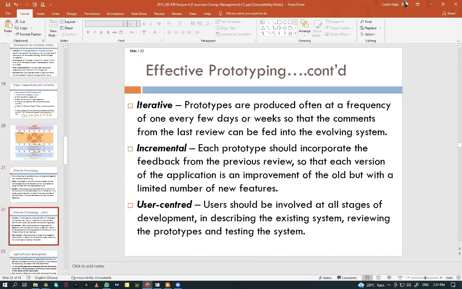All right. Then there must be an iterative stage. That is, prototypes are produced often, at a frequency of every few days or weeks, so that the comments from the last review can be fed into the evolving system. So as time goes on, we need to keep reviewing it, just like I showed you here. We need to keep reviewing until we have a perfect